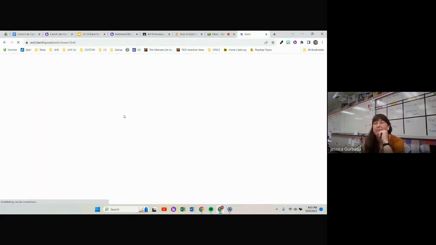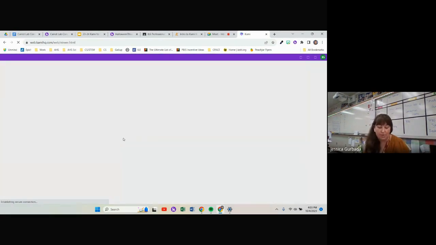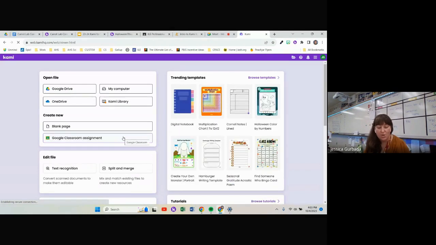Kami has some amazing, amazing resources that are already pre-built, ready to go. You don't have to do anything except click. So I invite you to browse templates, because this is the pre-done stuff that's already ready to go by Kami. But you can also open a file from your drive, open something from your computer, open from your Kami library. So it'll look through all the things you've done in Kami in the past. You can just start a new blank